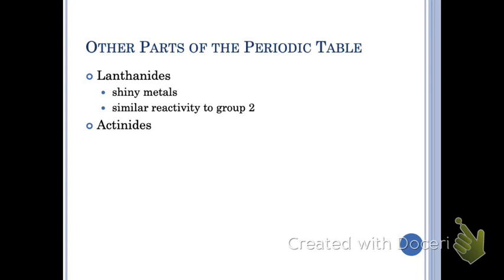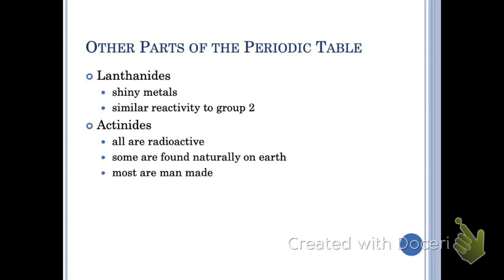Okay, the actinides, on the other hand, are all radioactive, and only some of them are found naturally on Earth. Some of them are man-made. When we say man-made, we mean in a lab. Usually they're man-made with very little stability, right? They might only exist for a small fraction of time, and then they kind of dissipate, or they rearrange. Tell me, how many elements do you think are man-made? How many? Take a guess.